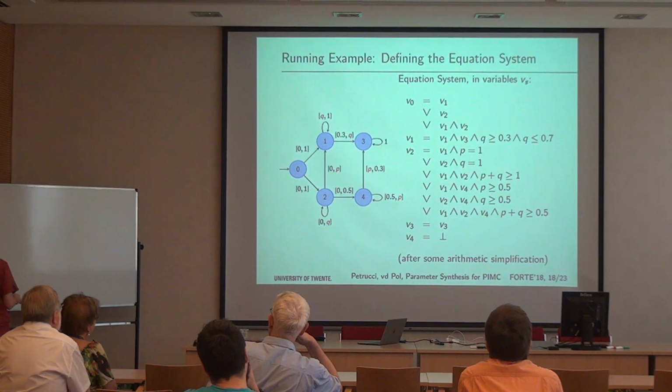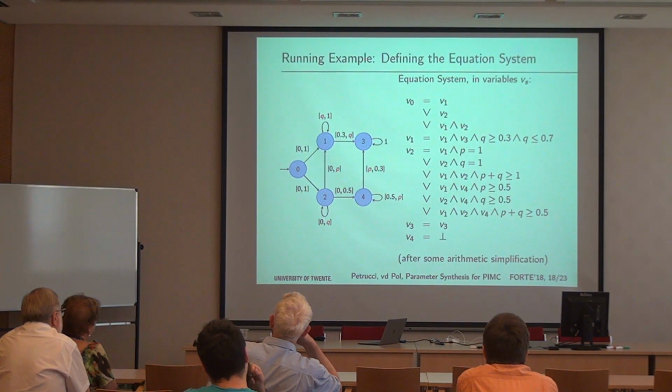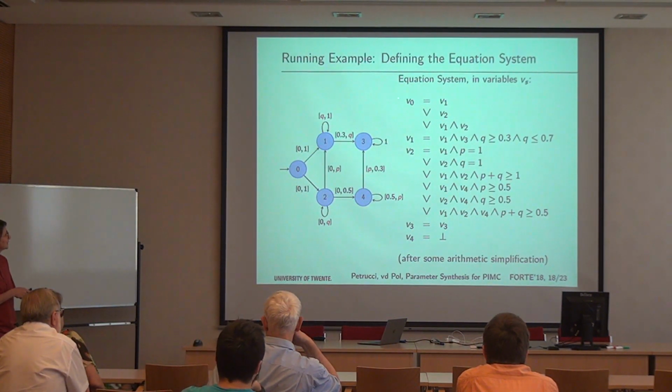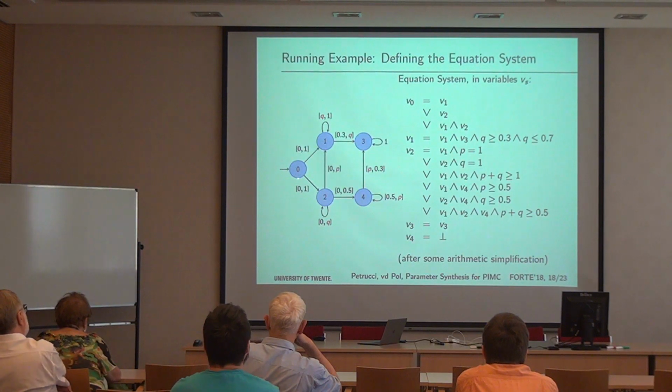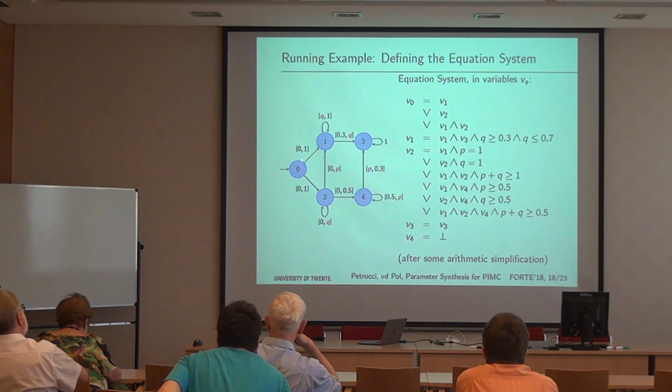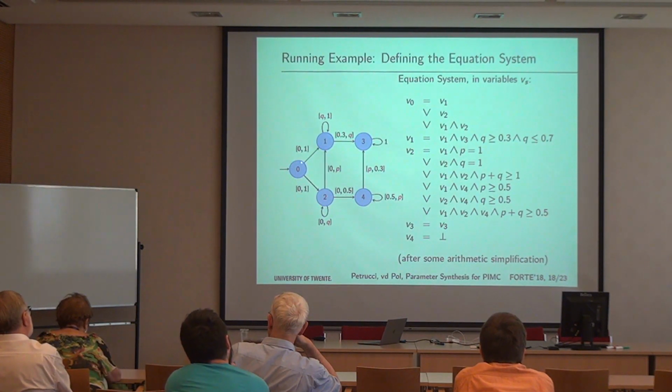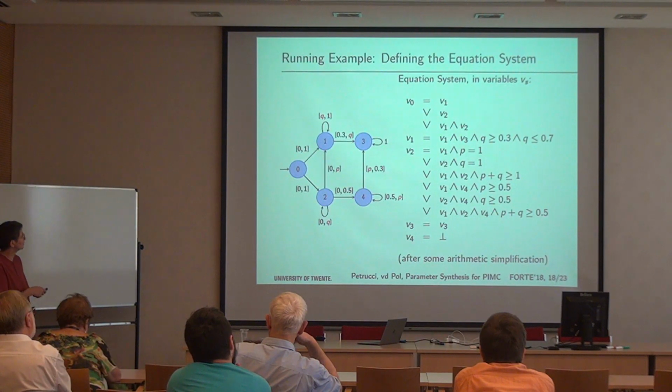So this equation system can be expressed with some variables, one per state. So here is an example. It's still the same example as before, and you can define a variable per state, so Vs for state S. So V0 here, it would be, well, either I go to 1 only, so V0 is the same as V1, or I go to 2, so V0 is the same as V2, or I go to 1 and 2, so it would be V1 and V2, which must be satisfied. And you do the same for all states.